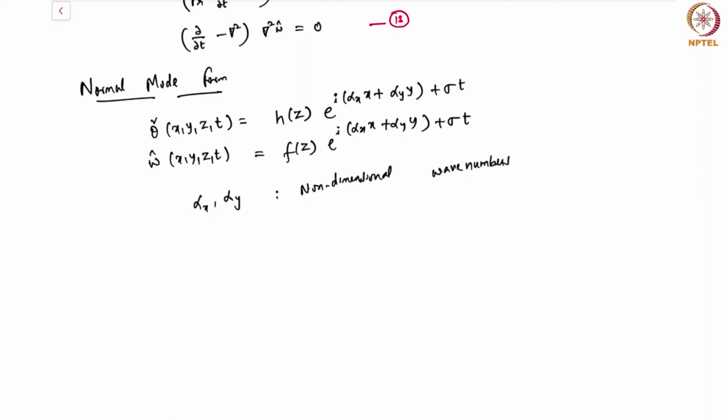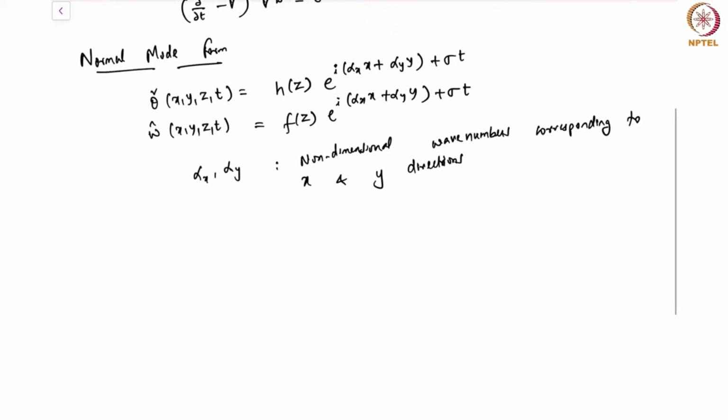Recall that dimensional wave numbers will have units of 1 by length. So these are non-dimensional wave numbers corresponding to x and y directions. I can assume a Fourier decomposition in x and y because these are infinitely far away. There are no boundaries in the x and y direction, and sigma is the complex growth rate,